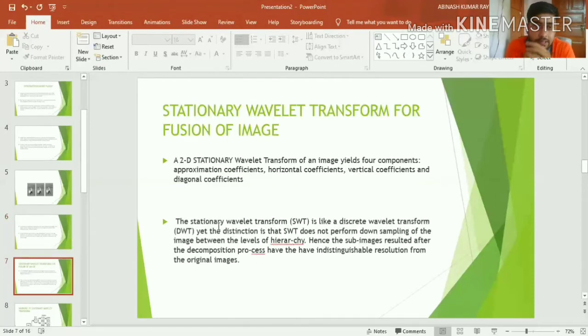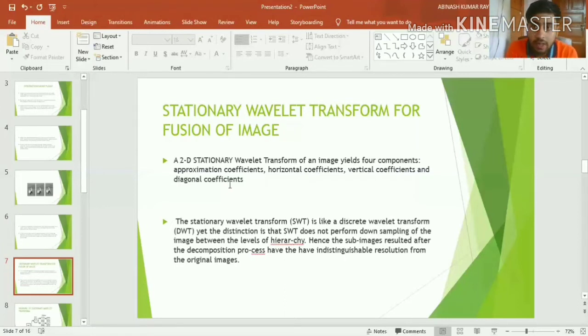So now let's discuss stationary wavelet transform. Let's talk about the root of this wavelet transform. In wavelet transform, we take the image and apply the wavelet transform technique to transform it. What is an image? An image is basically a matrix of pixels. We take this matrix and apply the discrete wavelet transform, and it gets transformed into the frequency domain. So it will now be in the frequency domain.